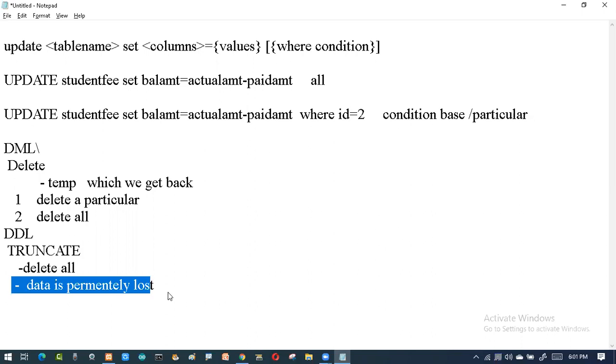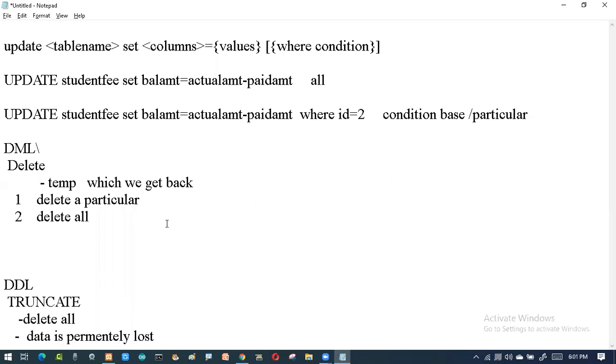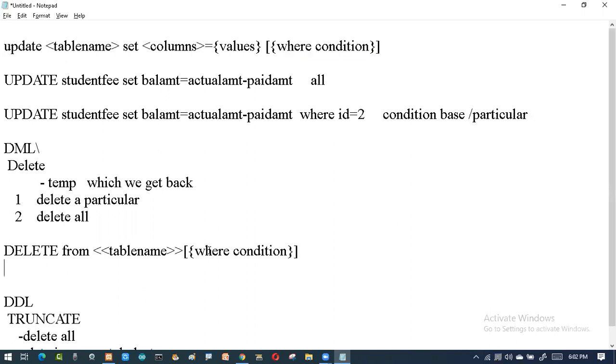Syntax, one by one we'll be seeing. What is the syntax? The question is, I want to delete the records. So the command is delete from, the keyword is this one, and then from table name, table name, and again I have the where condition.